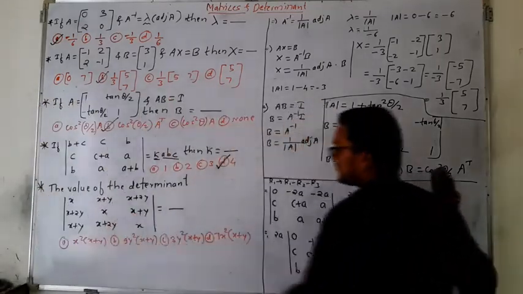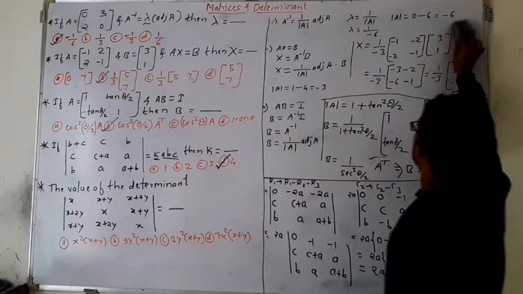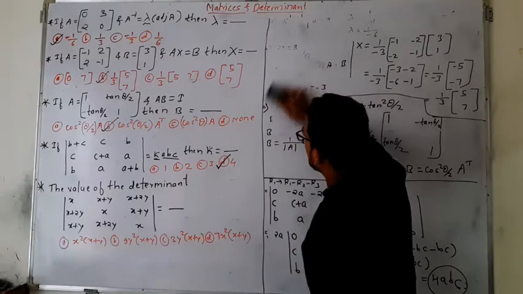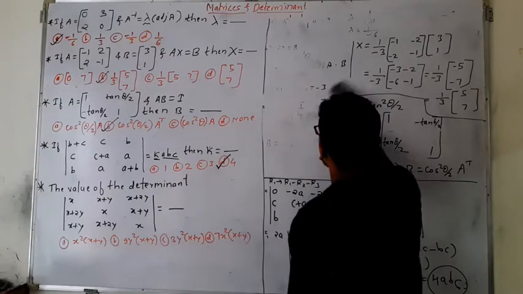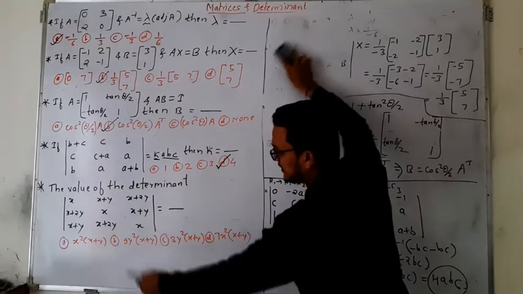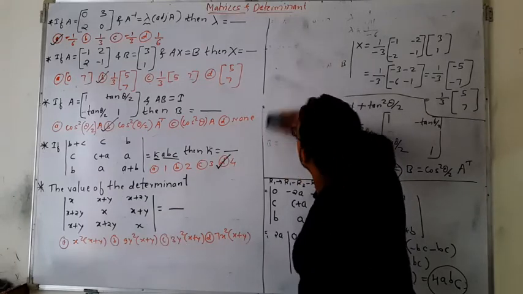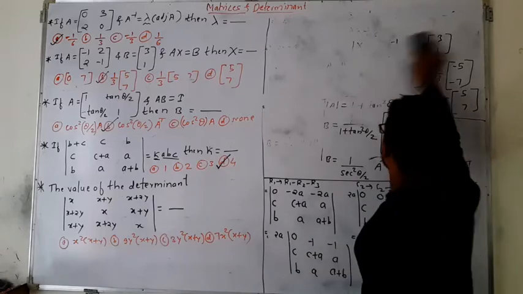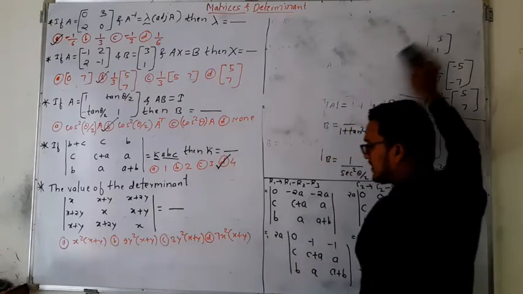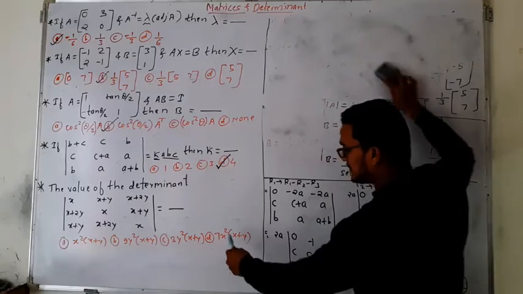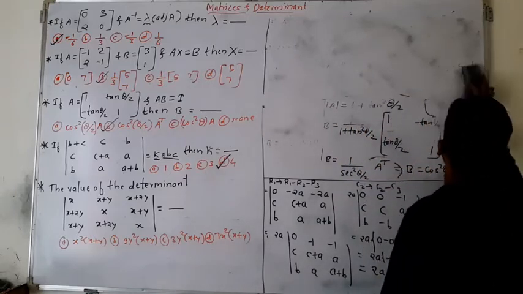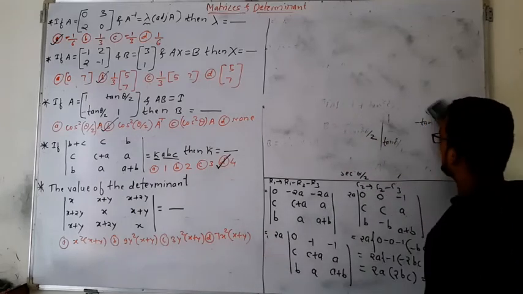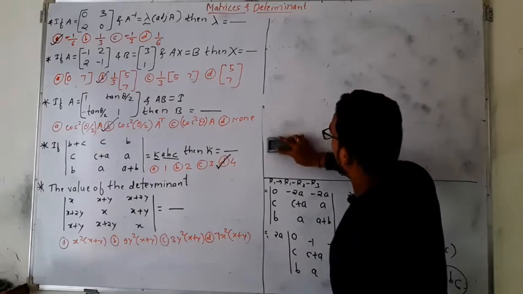There we have to find out the value of the determinant. Okay, so if you observe the determinant and see the options, the options are x square into x plus y, option B is 9y square into x plus y, option C 3y square into x plus y, and option D 7x square into x plus y. So what is common in these options? That is x plus y is common in all the options, right?